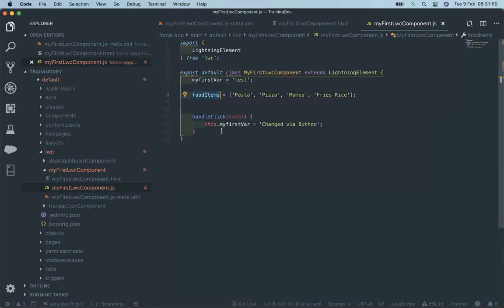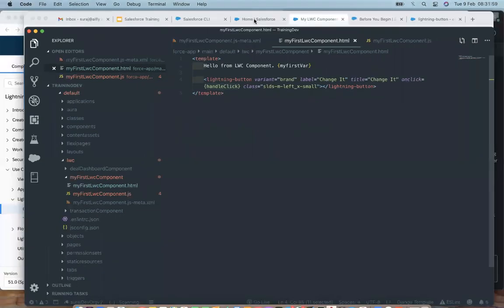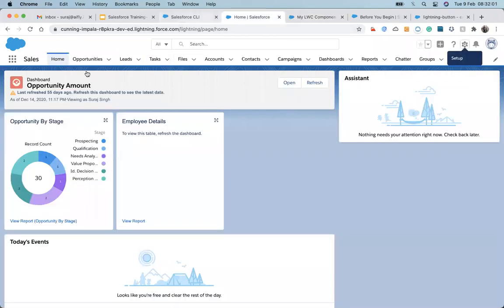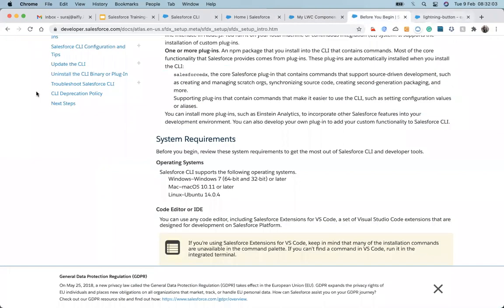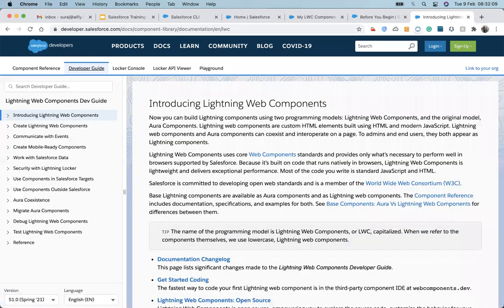Just like the Aura component, where we are using iteration, similarly we have to use iteration up here to work with a list of records. Let's have a look at how to use the iteration. For iteration, we have a component called for each.